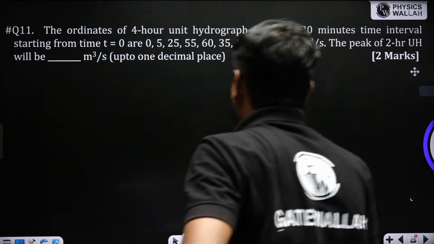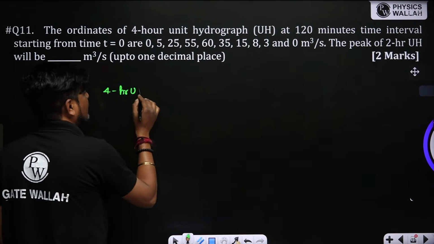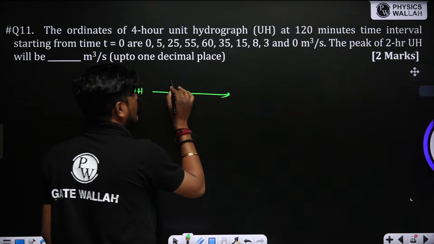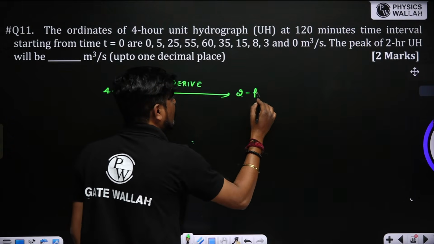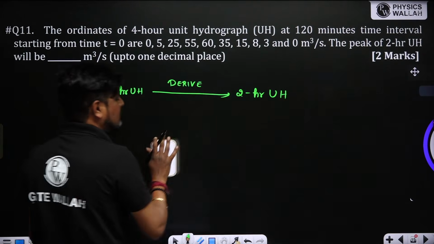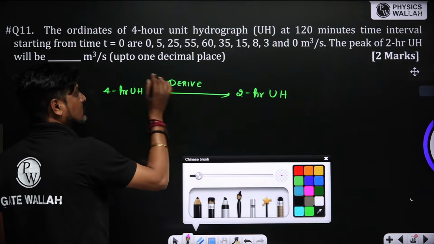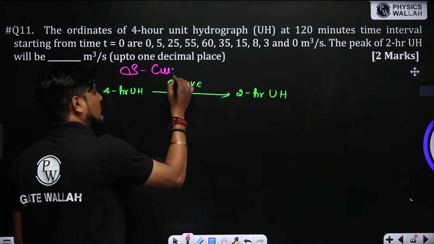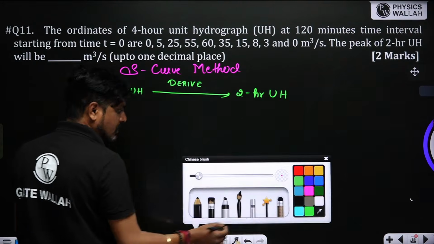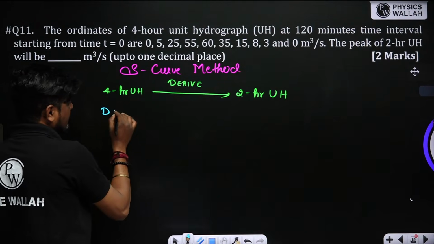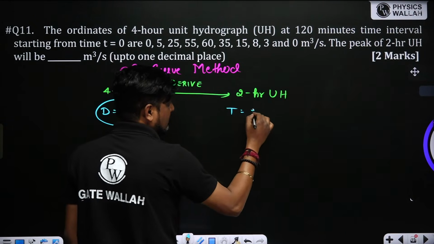चलो मैं सॉल्व कर रहा हूँ। बस इसमें 4 आवर यूनिट हाइड्रोग्राफ दिया है, आपको डिराइव करना चाहिए इधर एक 2 आवर यूनिट हाइड्रोग्राफ। सो कंपलसरी आपको इधर यस्कर मेथड को ही अडॉप्ट करना चाहिए, लार्जर ड्यूरेशन टू स्मॉलर ड्यूरेशन, ये तो यस्कर मेथड से ही पॉसिबल है। सो इधर d is equal to 4 hours, t is equal to 2 hours।